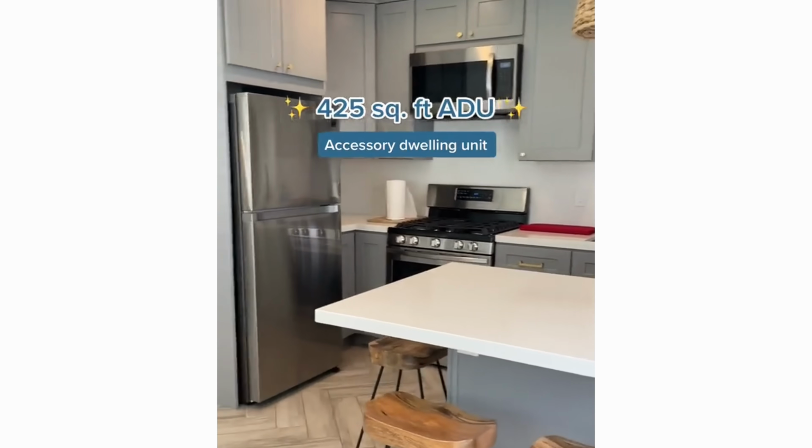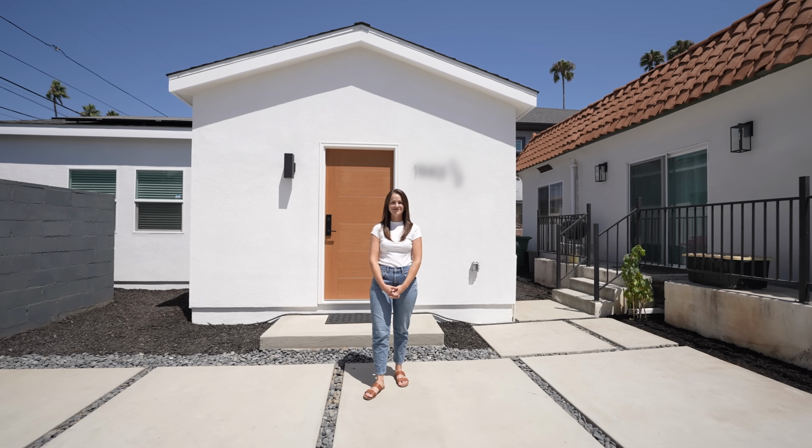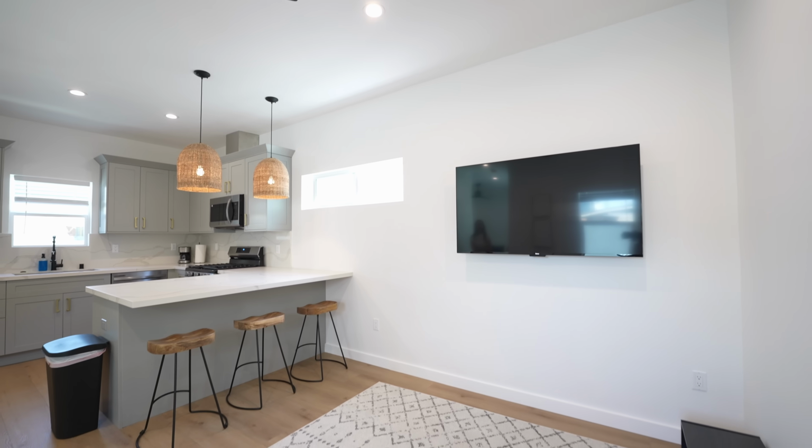It was right before the peak prices of materials during COVID. Okay, so after completing the garage is when Krista decided, all right, I'm gonna build a brand new construction ADU. She actually had a very clever reason for keeping it under 500 square feet. So this accessory dwelling unit is just under 500 square feet because anything over 500, you pay school taxes and